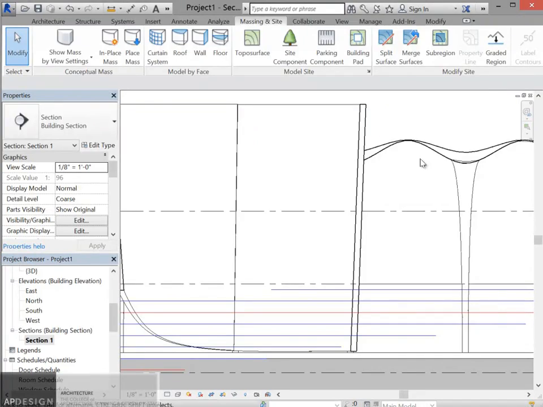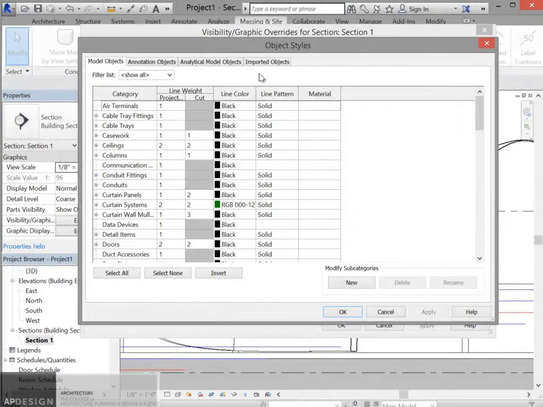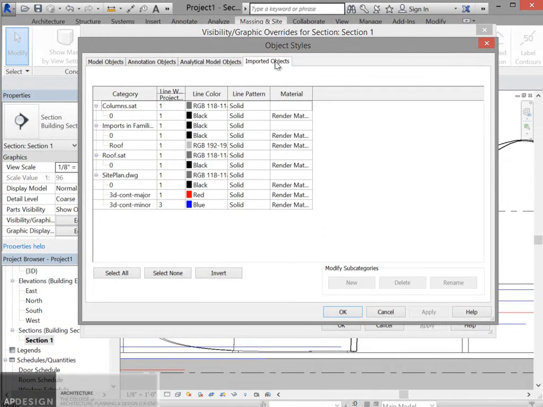You're going to go into Visibility Graphics. You're going to go to Object Styles, and you're going to go to Imported Objects. And you'll see in there that you have a series of the actual SAT files. Ignore these imported families. All you really want to do is mess with the 0 layer of the SAT. So I'm going to click on that and give my columns